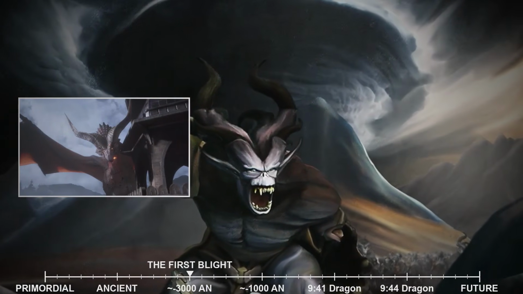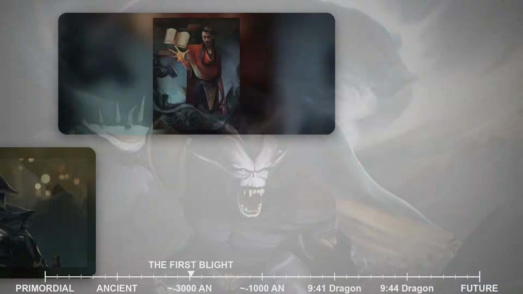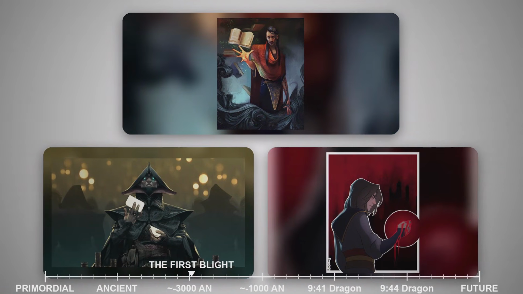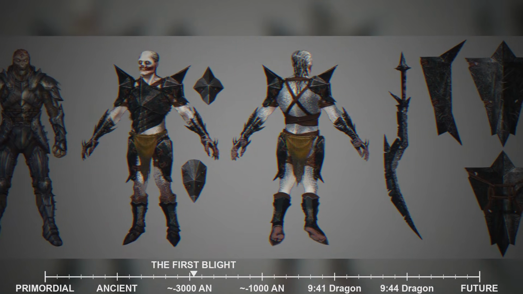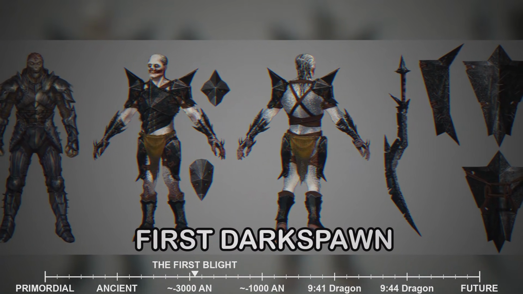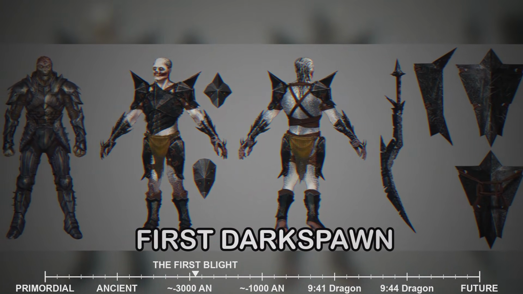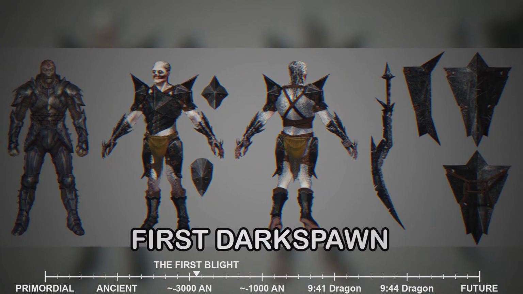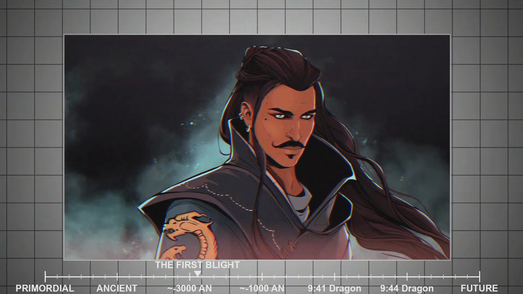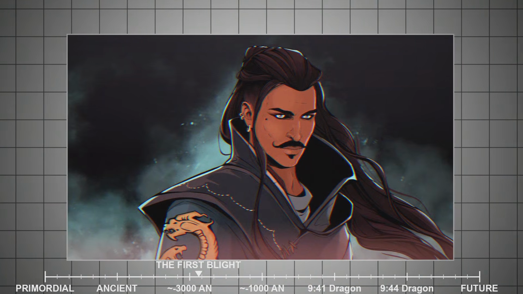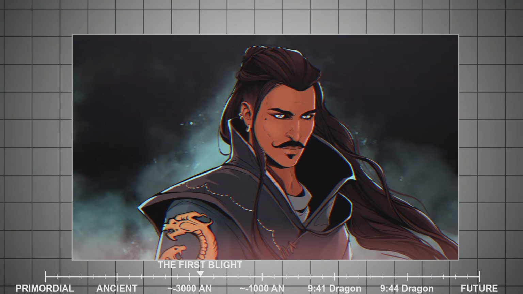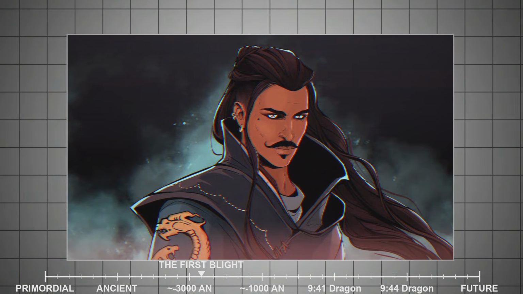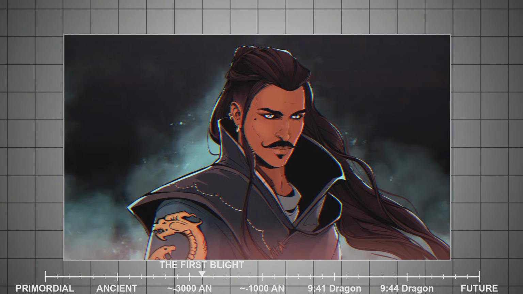The Magisters themselves were not spared this transformation, their bodies twisted and warped, their flesh becoming something monstrous, something that had never existed in Thedas before. They became the first Darkspawn, creatures of corruption and hunger, their minds shattered but still driven by a terrible, insatiable need to spread their taint to everything they touched. The Maker, witnessing this ultimate transgression, cast the corrupted Magisters back out of the Fade. They were hurled through the veil, returning to the physical world of Thedas, not as the god kings they had imagined becoming, but as abominations.